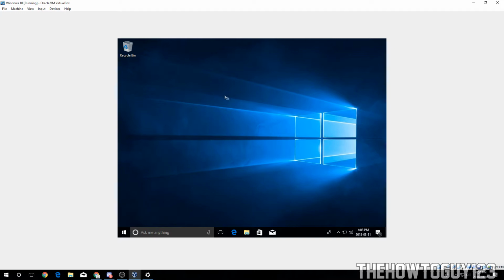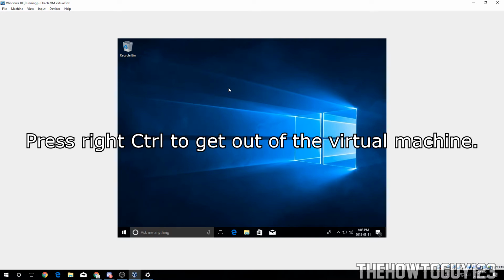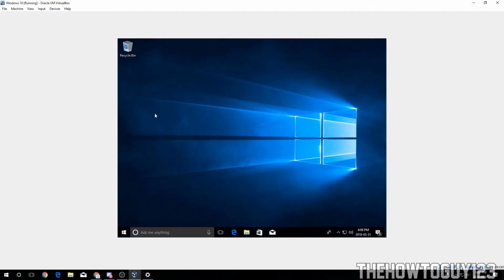So to do this, we're going to need to actually get out of our VirtualBox, and to do that, we're going to need to hit what's called the host key, and by default this is right control. So go ahead on your keyboard and hit and let go right control, and now you can see my mouse is outside our virtual machine. Now come up here to devices, and then insert guest additions CD image, and you see down here it just popped up. So we're going to go ahead and click on it